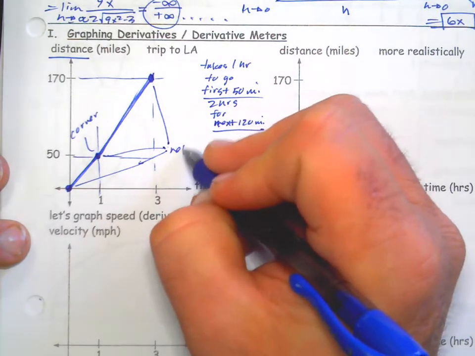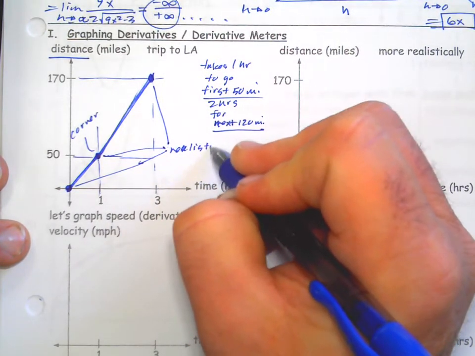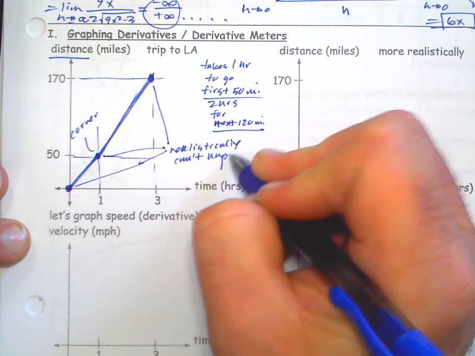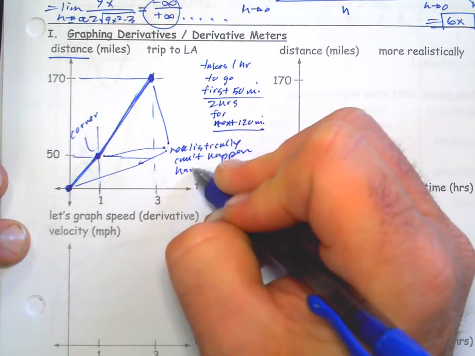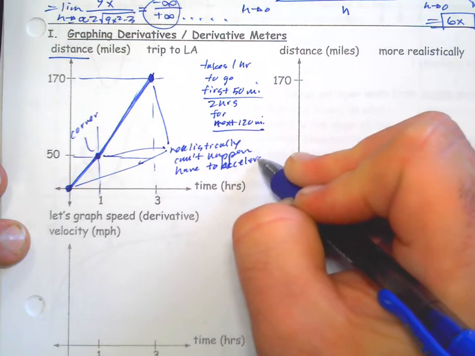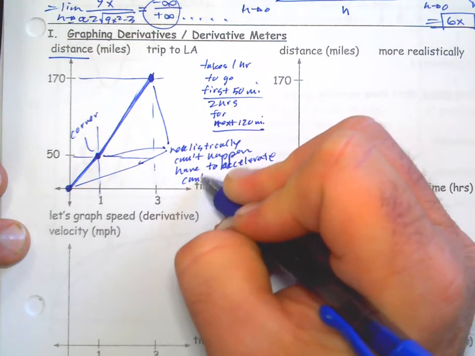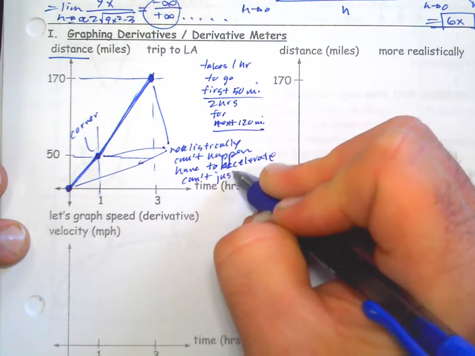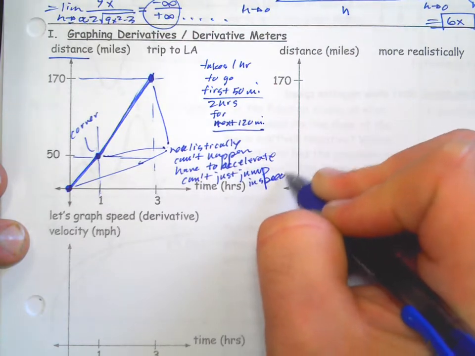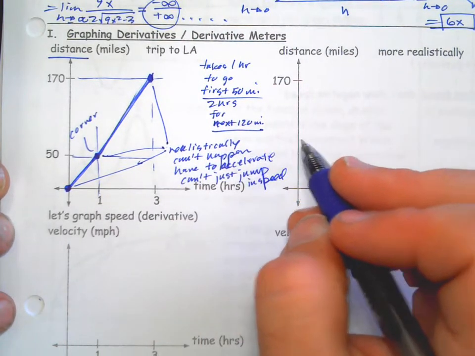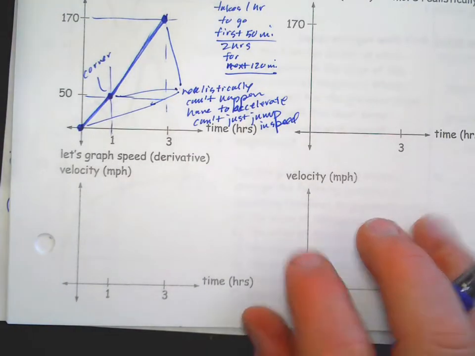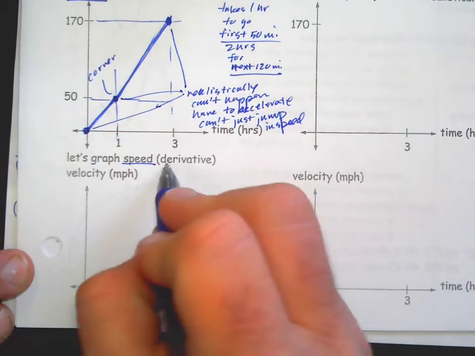So realistically, that can't happen. You have to accelerate to get up to those speeds. You have to decelerate. You can't just jump in speed from one speed to another. You've got to go through speeds in between, which is going to require this graph to get curvy. Okay, so more real. So if we're graphing our distance, by the way, the speed is the slope, the derivative of that